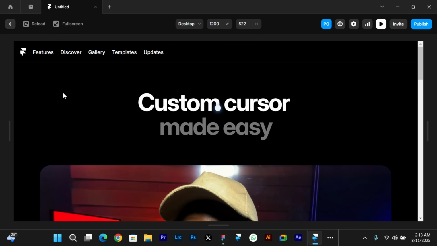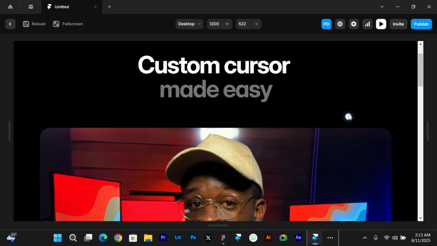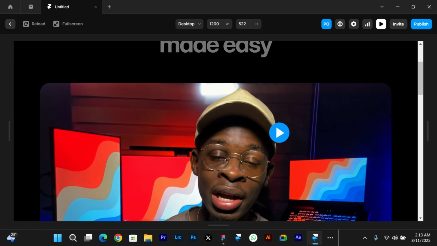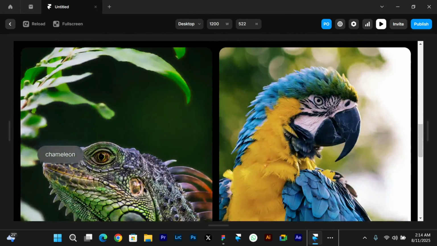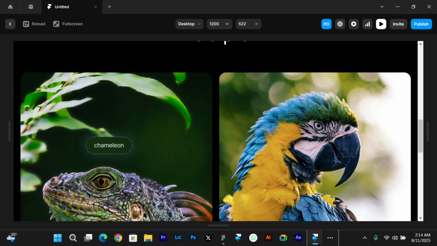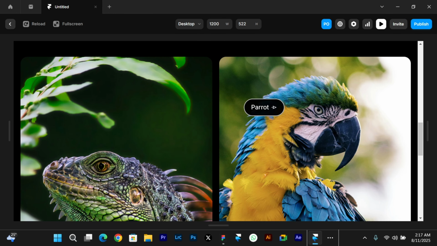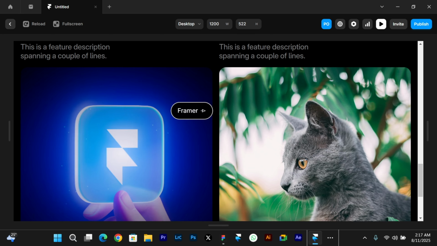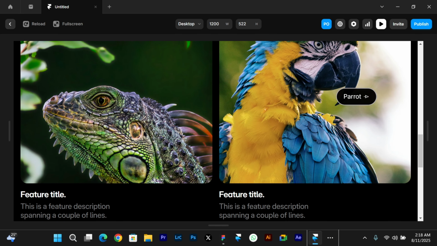So we have the circle component, which is moving quite nice. When we hover through the video component, it works perfectly. Pause, play, pause, play. Moving to the last section, it's referencing the respective component for each card. So when I switch to the parrot, it changes each variant cursor to that of the parrot. Same setting applies for the cards. Everything works in real time, and also the interaction I added still works. So when I click it, it changes to the second variant.